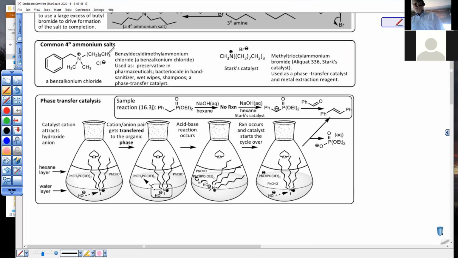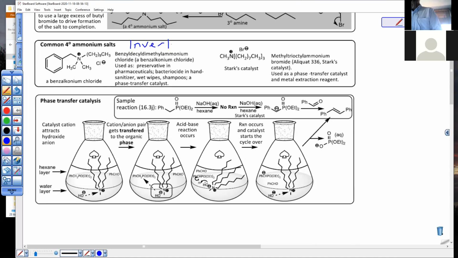Here it's a decyl group, isn't it? But it's in the broad category of benzylalkonium chlorides, and it's a preservative. Bacteria hate these things. It kills bacteria, that's why. So we put them in hand sanitizers. Your soft soaps often have these, and these act like soaps. In fact, they are called invert soaps. Invert soaps is another name for these quaternary ammonium